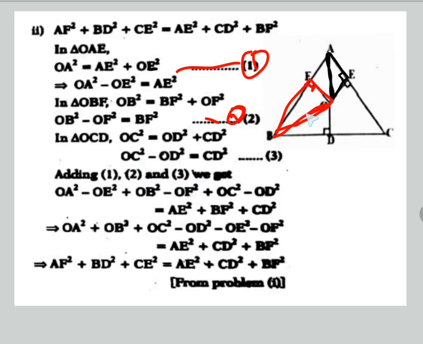From OCD, this is another triangle at 90 degrees. OC square is equal to OD square plus CD square. Then OC square minus OD square is equal to CD square. Number 3. From 1 to 3, adding 1 to 3, we will get OA square minus OE square and OB square minus OF square and OC square minus OD square is equal to